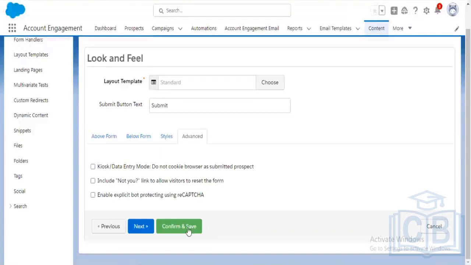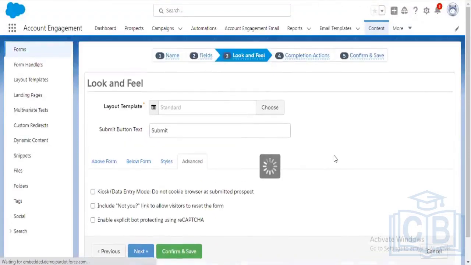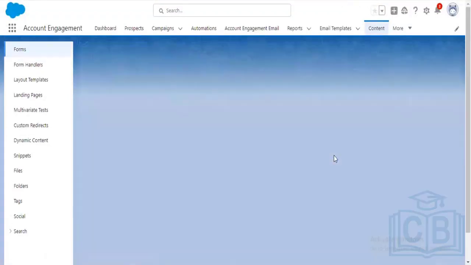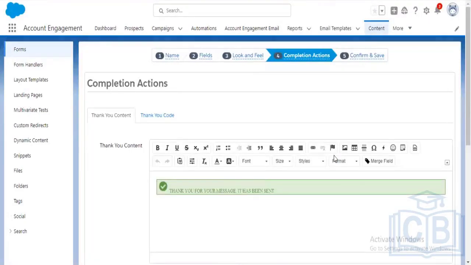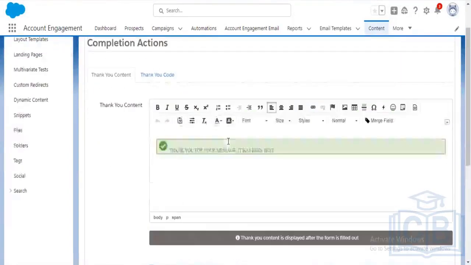Okay, let's move on. Next step, completion action, which is an important one. Here you can see a couple of tabs. One is thank you content, and another one is thank you code. So in the thank you content, you can show, "Thank you for contacting us. One of our marketing team will contact you shortly," something like that, or you can design it over here using